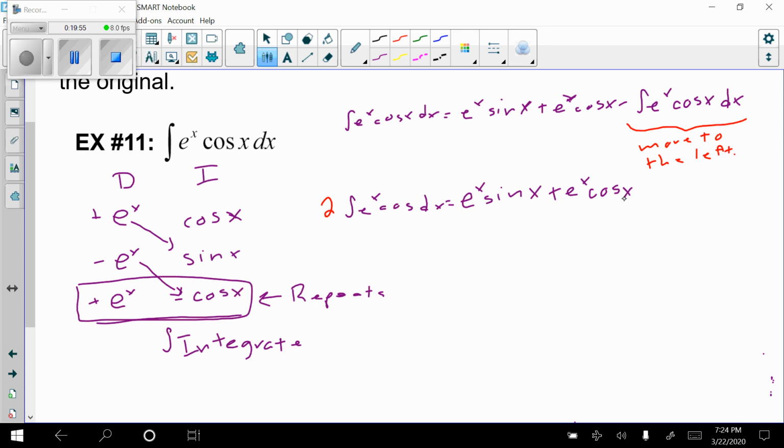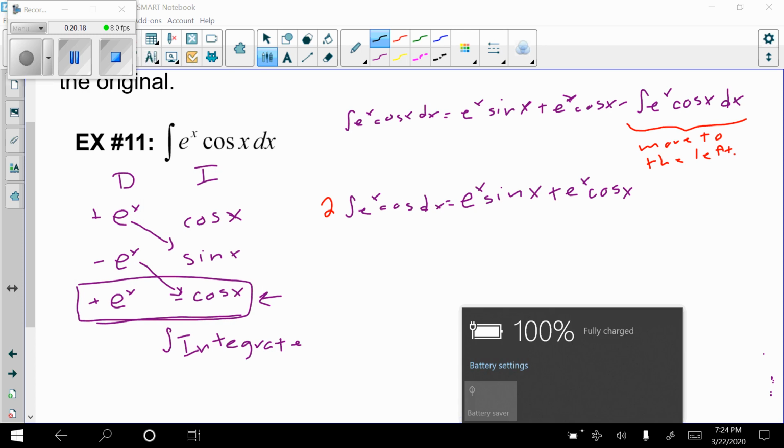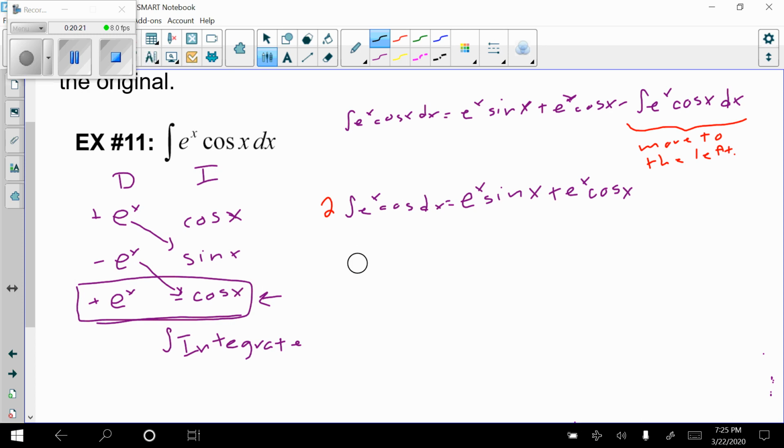So now we have that 2 on the left side, which wasn't there originally. That's not what the equation is supposed to be equal to. So we have to take that 2 and move it to the right side. The way that we're going to do that is we're going to multiply both sides by 1/2. I'm going to erase this repeats word here because I'm worried about space. So the integral of e to the x times cosine of x dx will be equal to